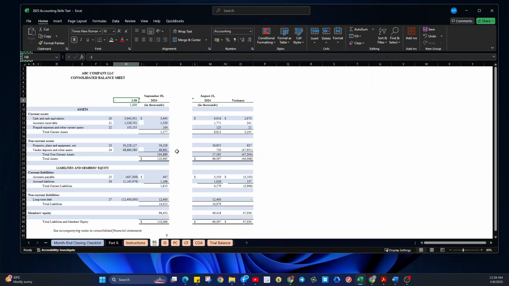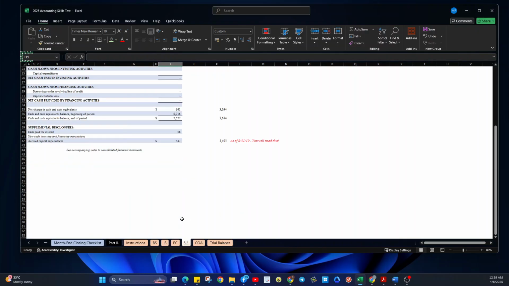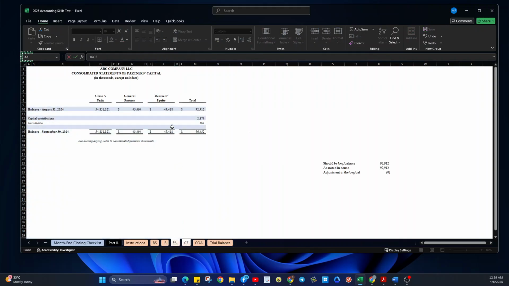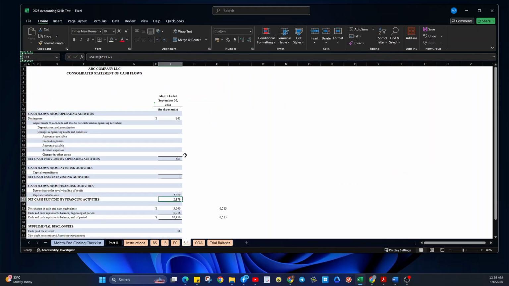The next thing we have to do is the cash flow. For cash flow, there are some data that has been auto-populated. So what we have here, capital contribution, we'll get it from here, which is 2879. The net income is there.